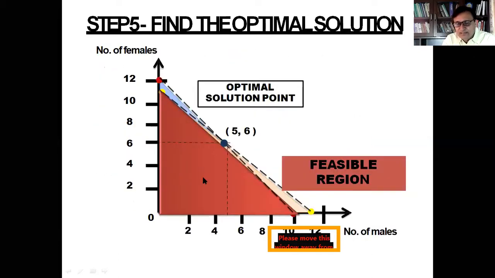So if you plot them and you have to find out the feasible region, that is the common region. So it means the points lying below these lines which are plotted on the graph will be treated as feasible region. So now you have to find out the common region for that. So the shaded portion which I have shown here is known as a common region. So this is the feasible region also.